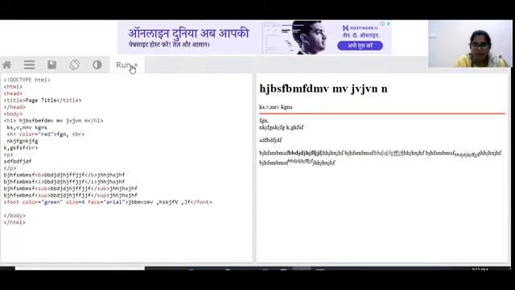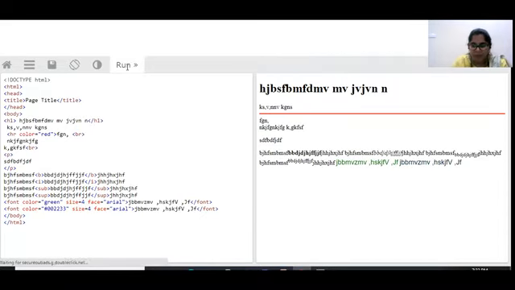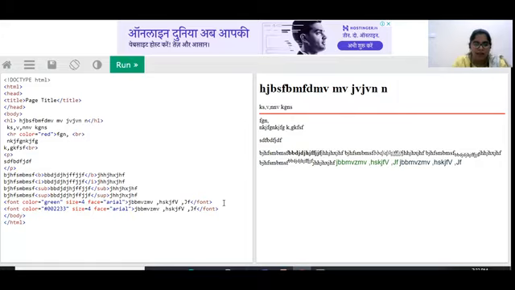Let us check. You can see here the content is coming in green color, and the size is also improved when compared to the previous text, and the text style is also improved with the help of the face attribute. So this we can do with the help of a font tag. Let us move on to the next example. Let me make it another color, or let me give it in a hexadecimal form as I told you. So let me give 002233. Let us see what color it will come. So we are getting it in some blue color.